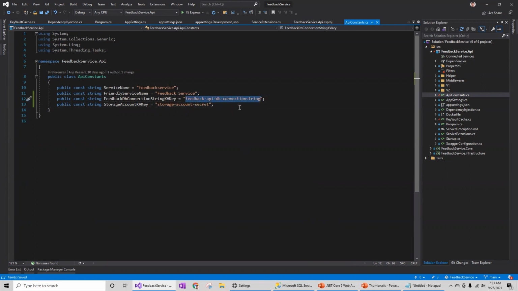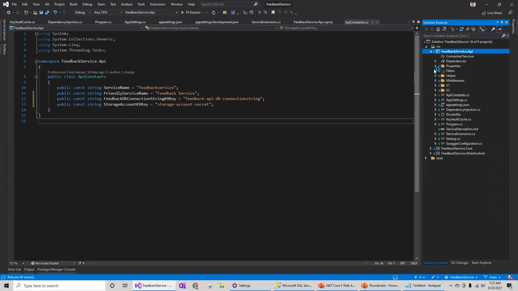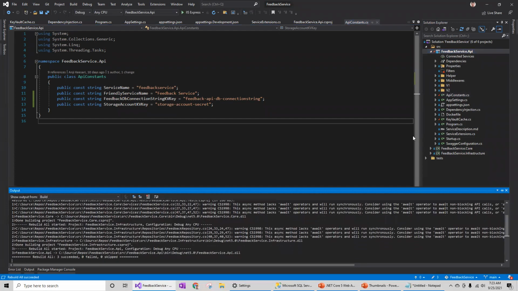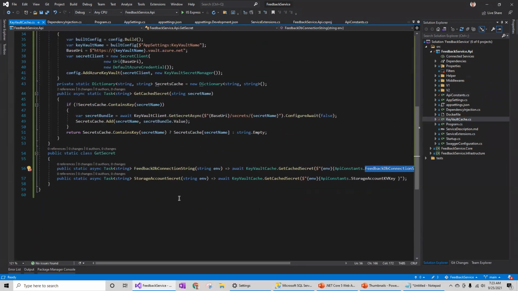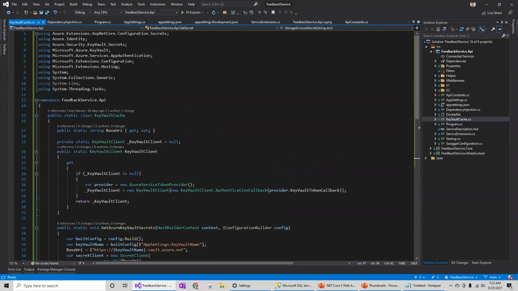I'm going to assign the database connection string, one for the database, one for the storage account. So I have created two keys for storing the data. Let me make sure the application is running. So that's step one. Added the key vault cache file and added two keys as part of this.